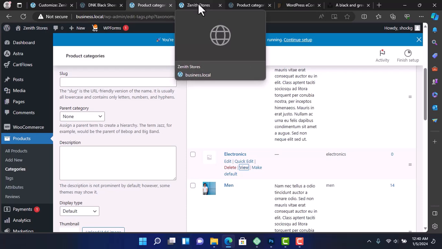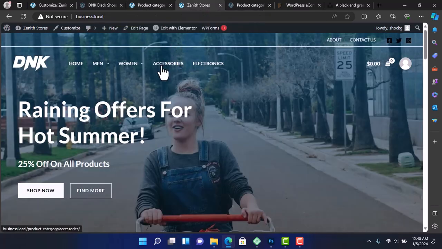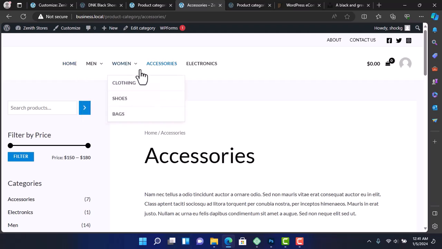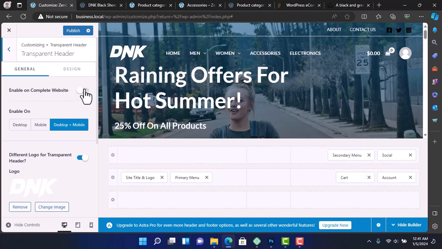For example, if I go back to my website and click on the accessories category, you will notice that the transparent header is not applied to this category. So I'm going to leave this the way it is, and then scroll down,